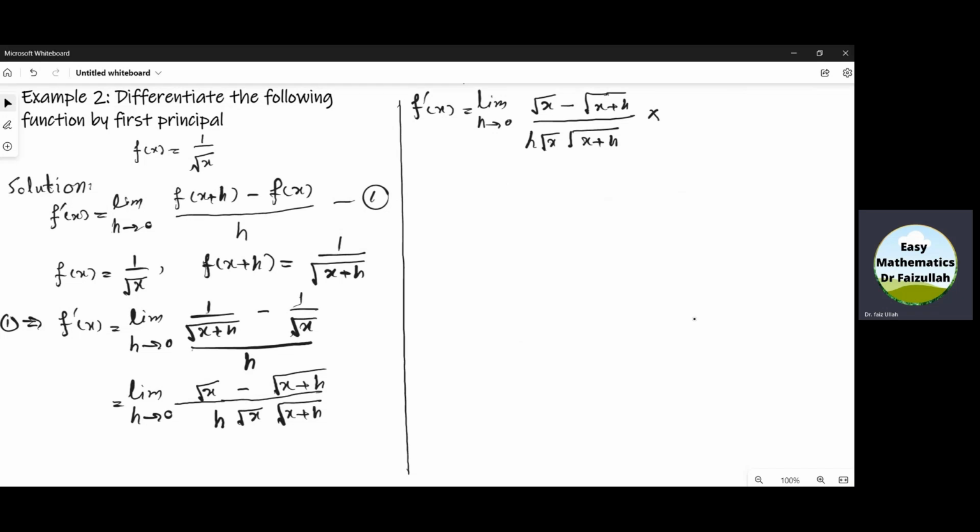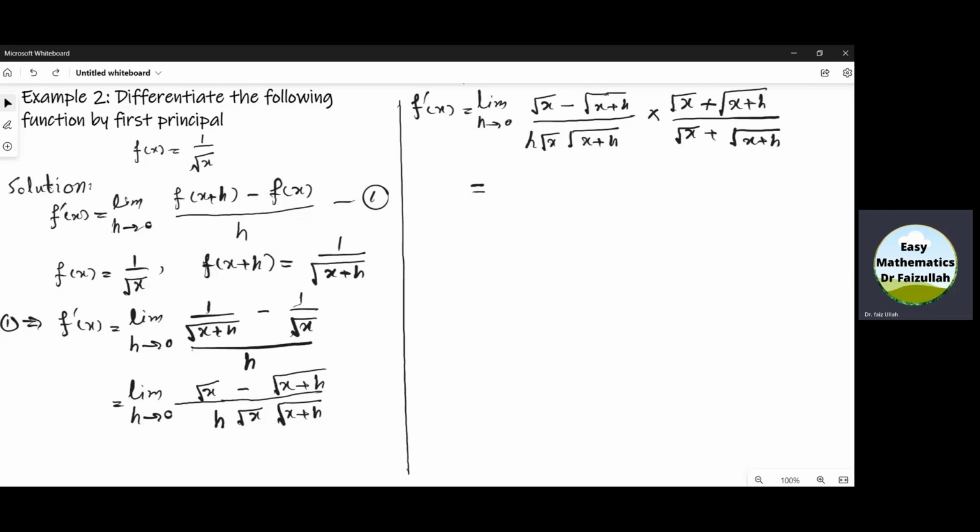We will multiply and divide with under the root x plus under the root x plus h, and we will also write under the root x under the root x plus h. In the numerator, again we use the formula a minus b into a plus b, which is equal to a square